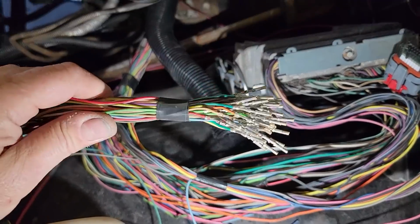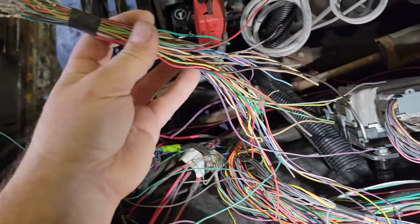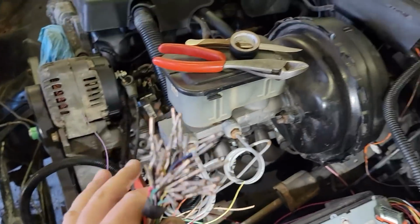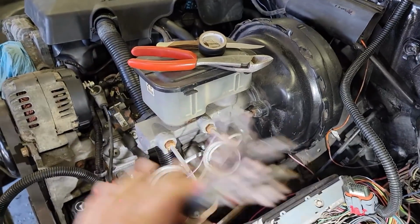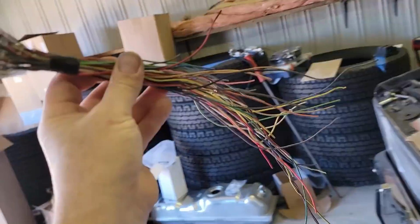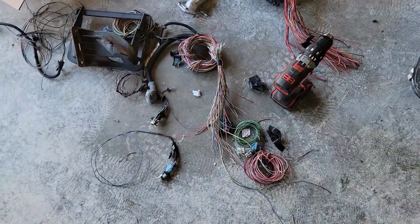Alright, so this is how many pins I took out that we're not using. And I just taped them together. I'm going to throw them in a box with the other parts of the wiring harness, so if we ever decide to add 4L60E or air conditioning or whatever, all the pins are still here. We can put them back in the factory locations, and we'll just put it with that stuff, and we'll put